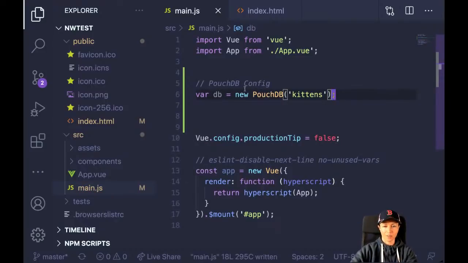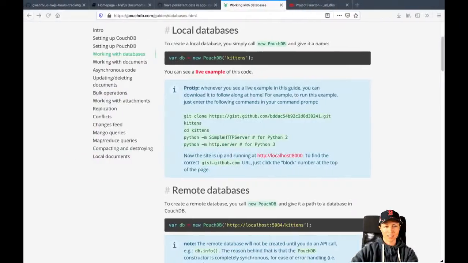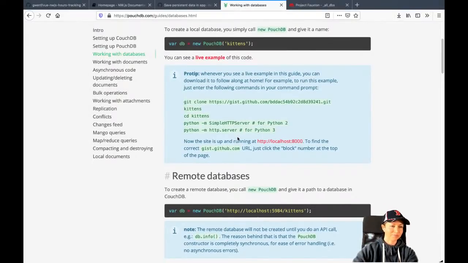Okay, so this is my new DB. I won't call it kittens though. I'll call it hours, or hours tracking. Let me do this camel case. Okay, so I have a new DB instance, and then